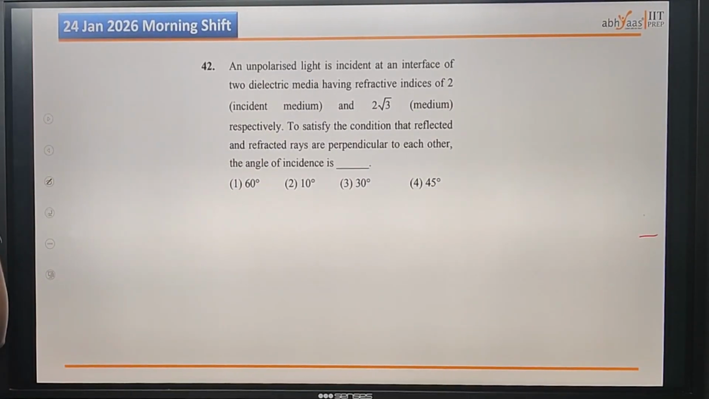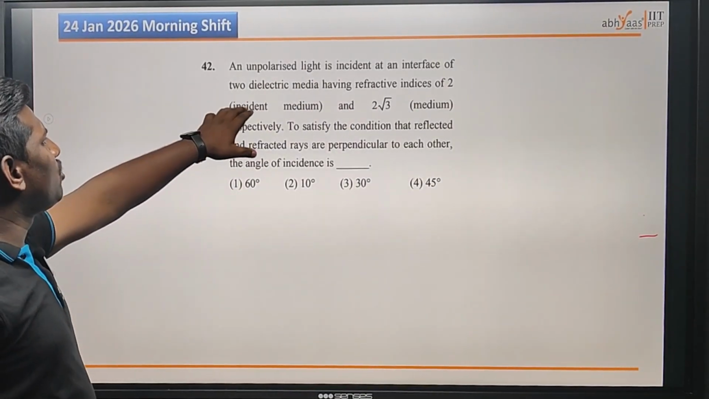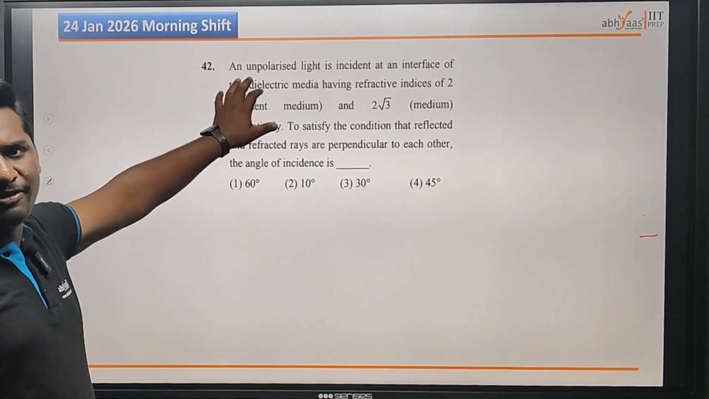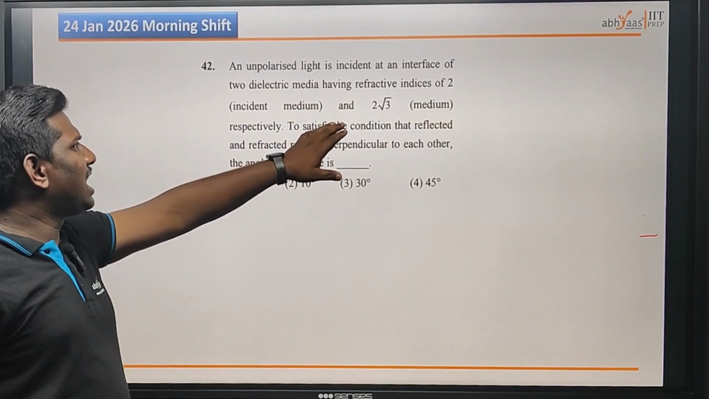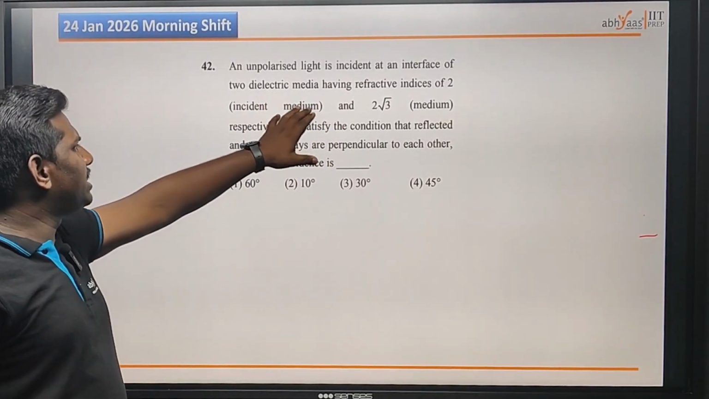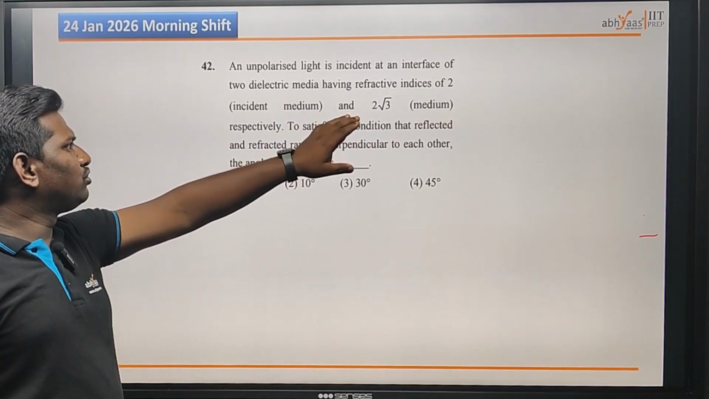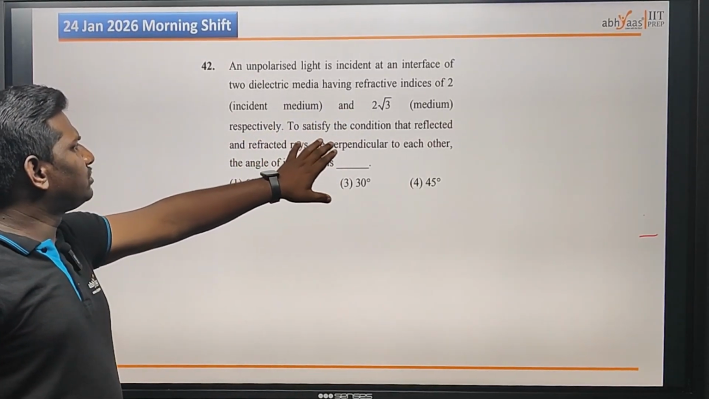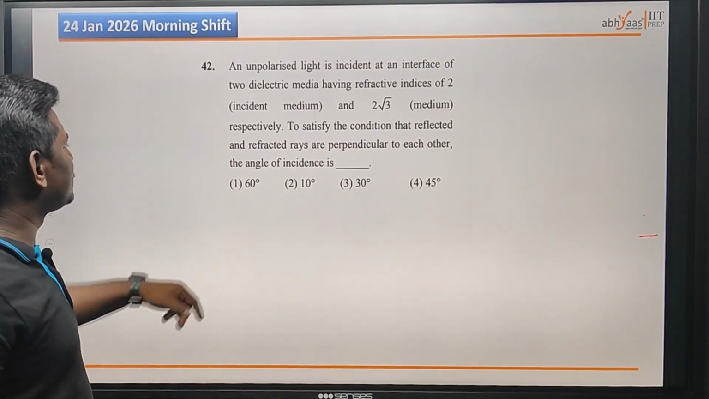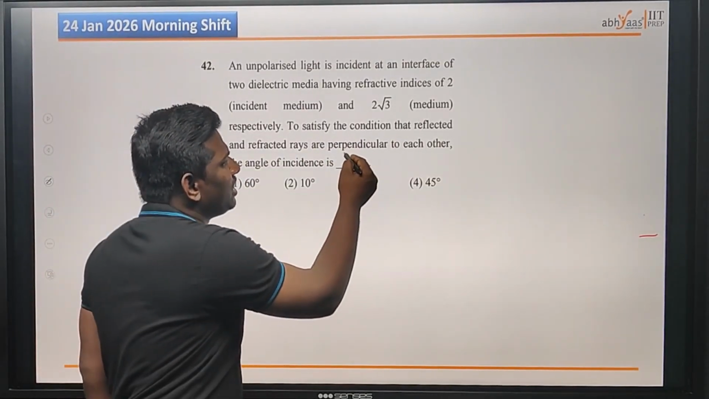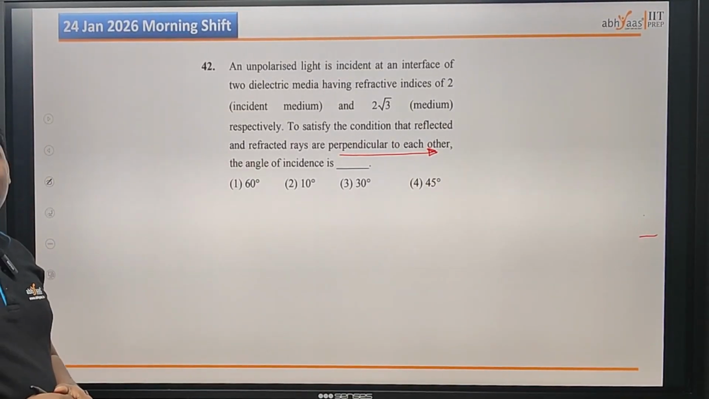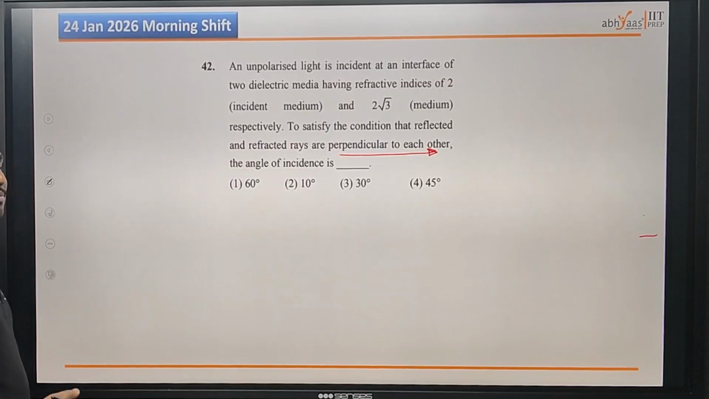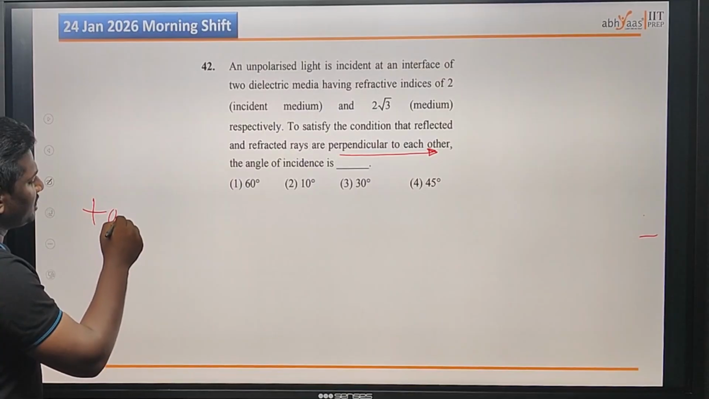So next one, see here, question number 42. An unpolarized light is incident at an interface of two dielectric media having refractive indices 2 and 2√2 respectively. To satisfy this condition, that reflected and refracted rays are perpendicular to each other. What is this condition? Reflected and refracted rays are perpendicular to each other. That is nothing but Brewster's law. From Brewster's law, you can write tan theta can be written as